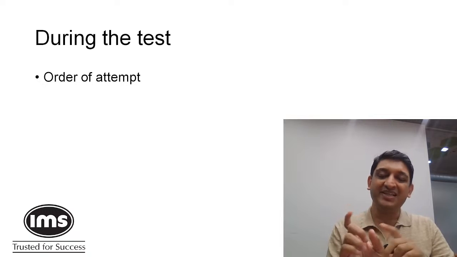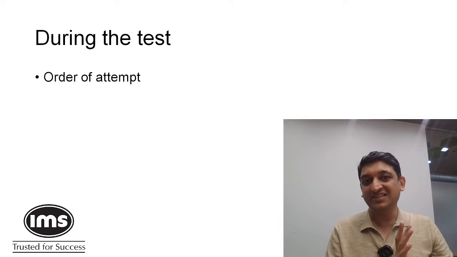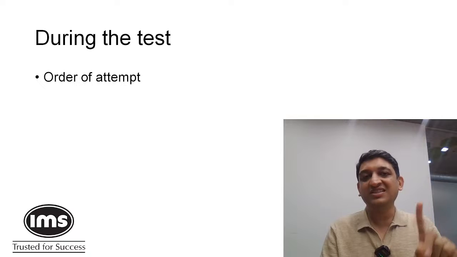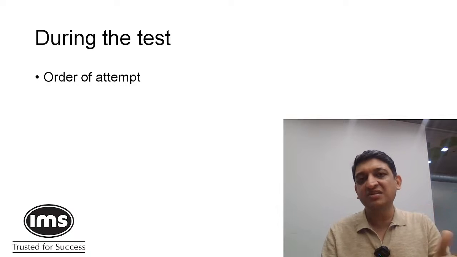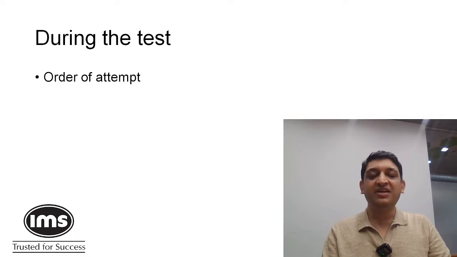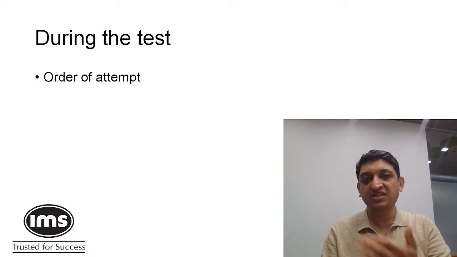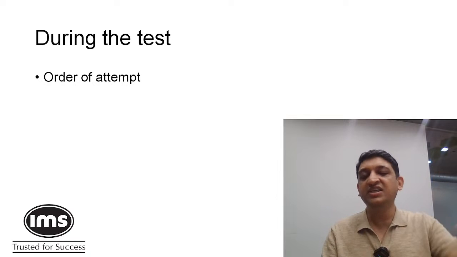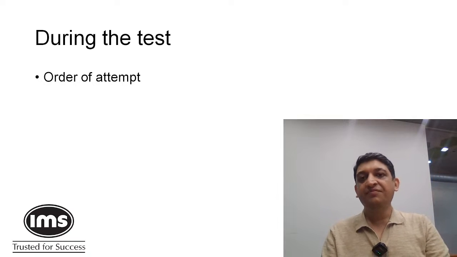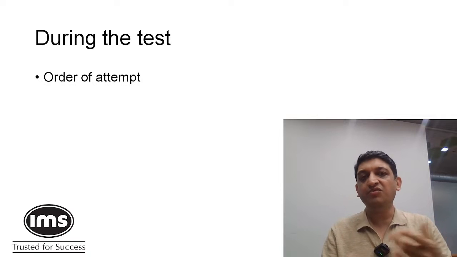And these 15 minutes are the ones that you have borrowed from the logical reasoning section. So now you are stuck with a section which you don't like and you have less time to solve it. Now you are in big trouble. Okay? So don't do those kind of things. Be very disciplined in terms of time limits if you are going to attempt it in the order that benefits you, right? Your favorite section at the beginning, followed by your second favorite, then third favorite and least favorite, basically.